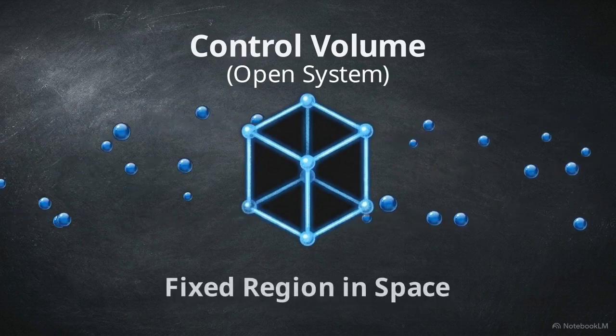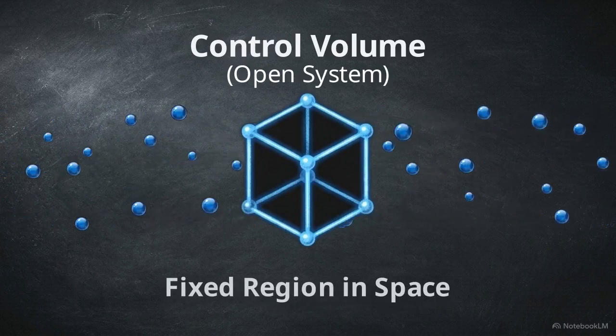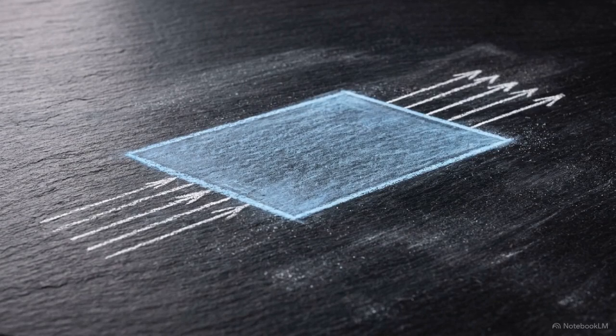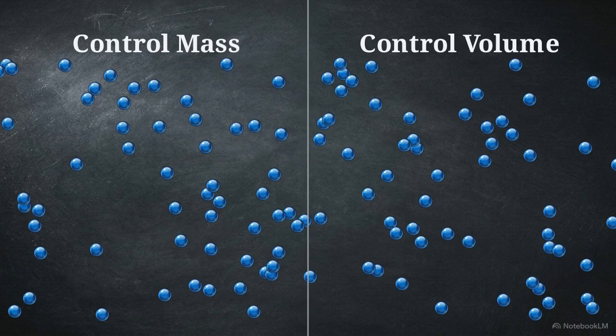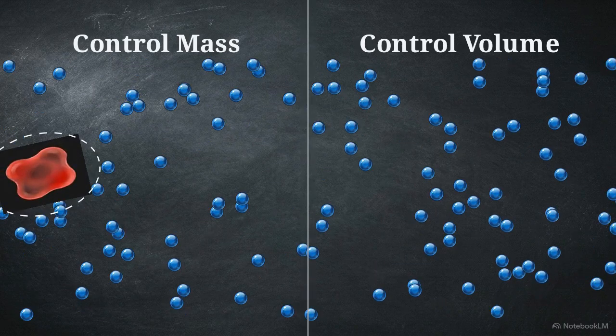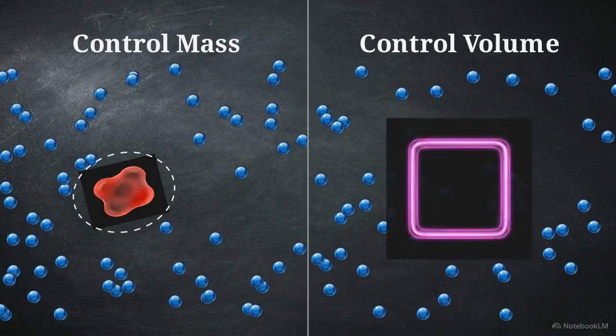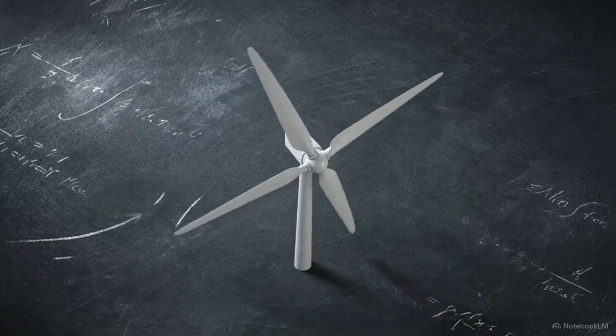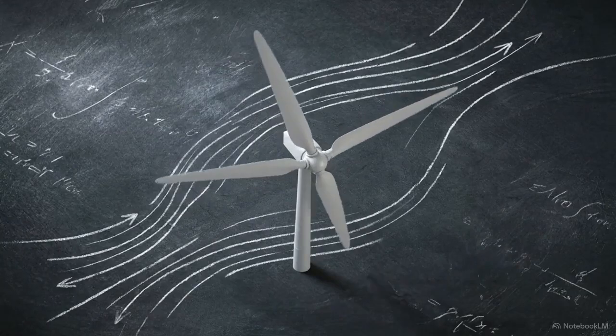Instead of following the matter, we watch a fixed region in space. The boundary of this volume, the control surface, doesn't have to be a solid metal pipe. It can be an invisible plane drawn right across thin air, acting like a checkpoint. Imagine a flowing river. The control mass approach drops red dye into the water, following its exact shape as it twists downstream. A control volume is entirely different. You hold an empty picture frame in the water, simply counting the flow passing through. By shifting our focus from a moving actor to a fixed stage, we can easily analyze any machine with an